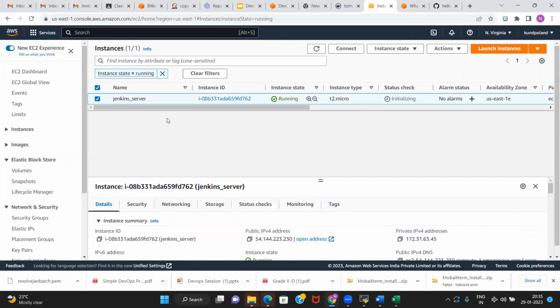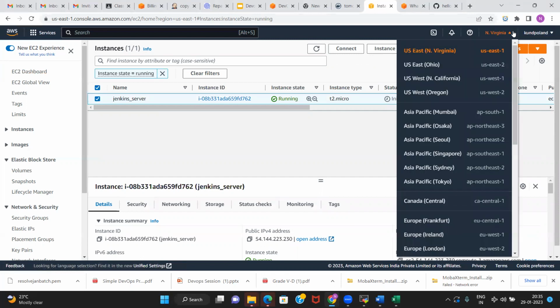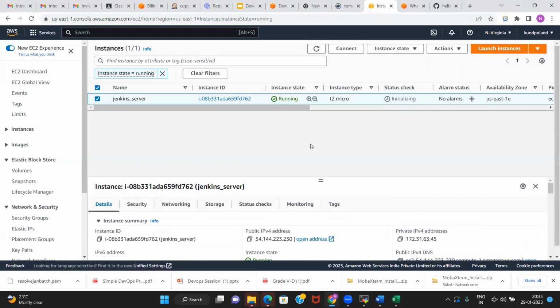Somewhere in AWS, in one of the data centers within the North Virginia region, this particular instance is up and running. A virtual machine is created for us, and we are getting charged as well, though this is a free instance, you get 750 hours per month for free for 1 year.